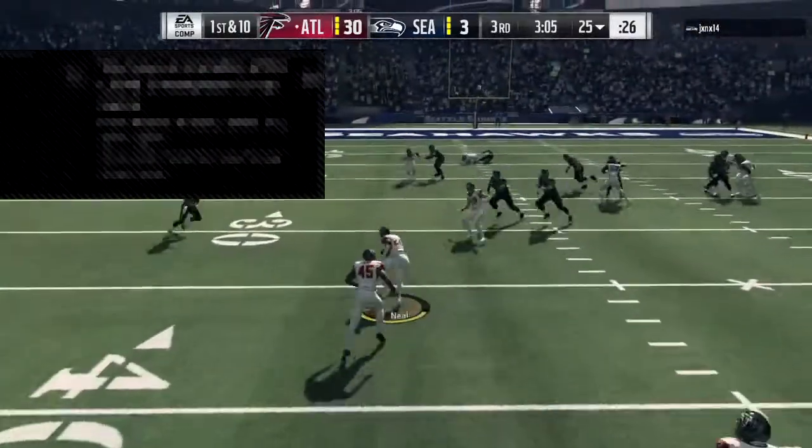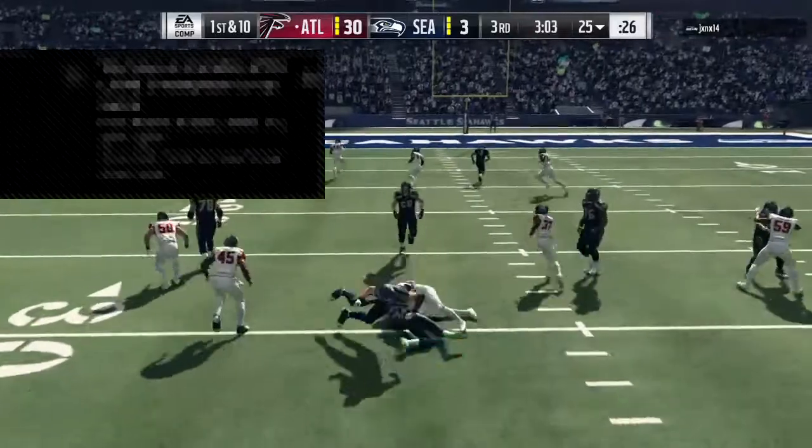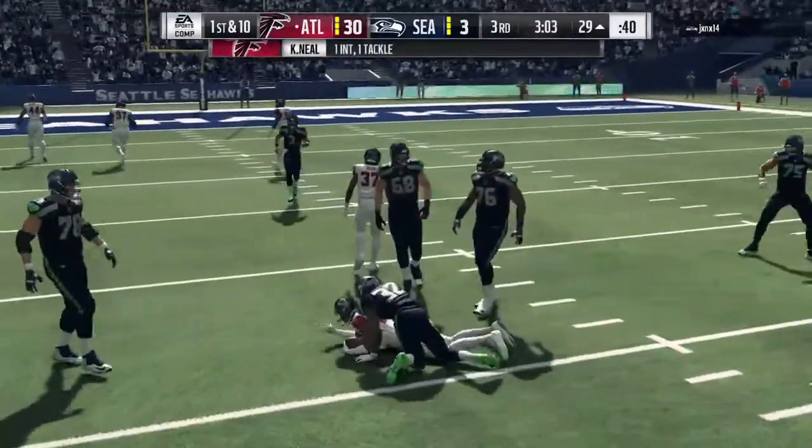And Wilson's going to be intercepted a third time. Picked up by Keanu Neal. And he'll bring...